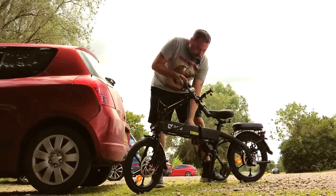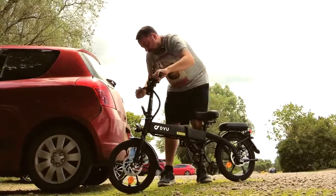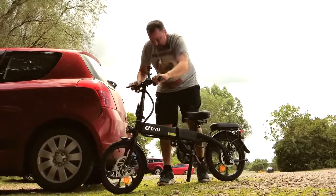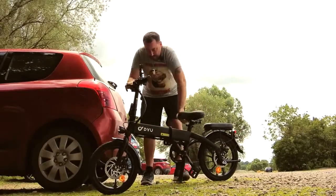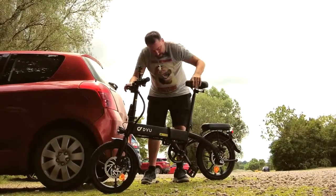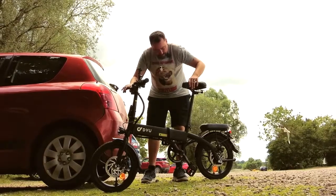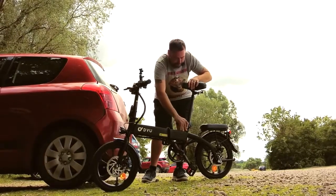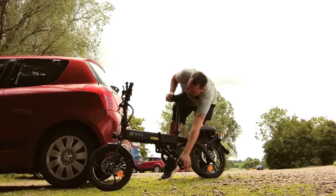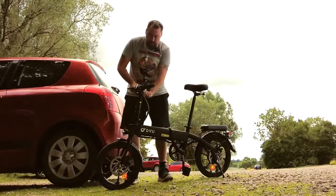So click in straight away, no problem at all. Pop the bars back in place. That clips straight back into place. That comes around and clips in as well. And then of course we need to lift up the seat to the height that we require. I'm pretty sure I had it quite high last time, so I'm going to say it's about there. Clip this back into place, and then we can put the side stand down, unfold the pedals and lift up the handlebars